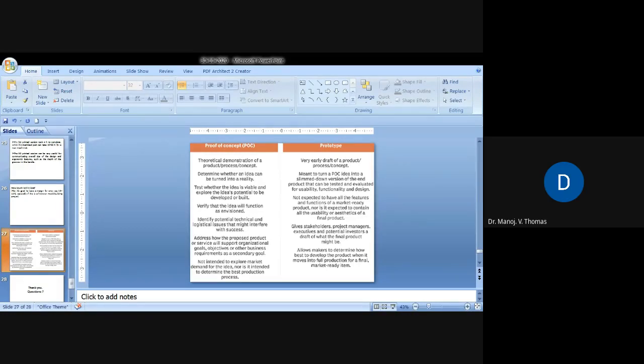Is this clear? All the concepts, is it clear to all of you? What is proof of concept, what is a model, what is a prototype, and what are the rules behind designing: whether to go ahead with a prototype or model, when do we decide, and in what cases we will build the prototype and in what other cases we will not. Is it clear to all of you? Hello, please respond.